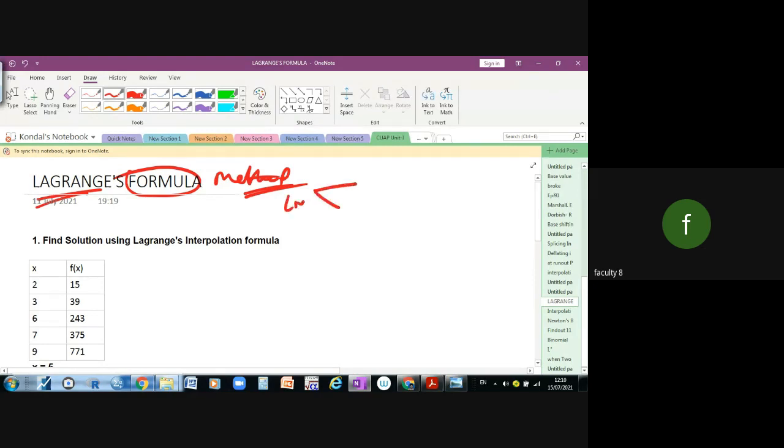For example, this is a Lagrange method, and the others are the Newton forward method, Newton backward method, and the binomial method, whatever we discussed earlier. How is it different from these? See, in the Newton forward, Newton backward, and binomial methods, the x variable's values maintain intervals. Whereas in the Lagrange method, the x values are not evenly distributed; they don't maintain the intervals.